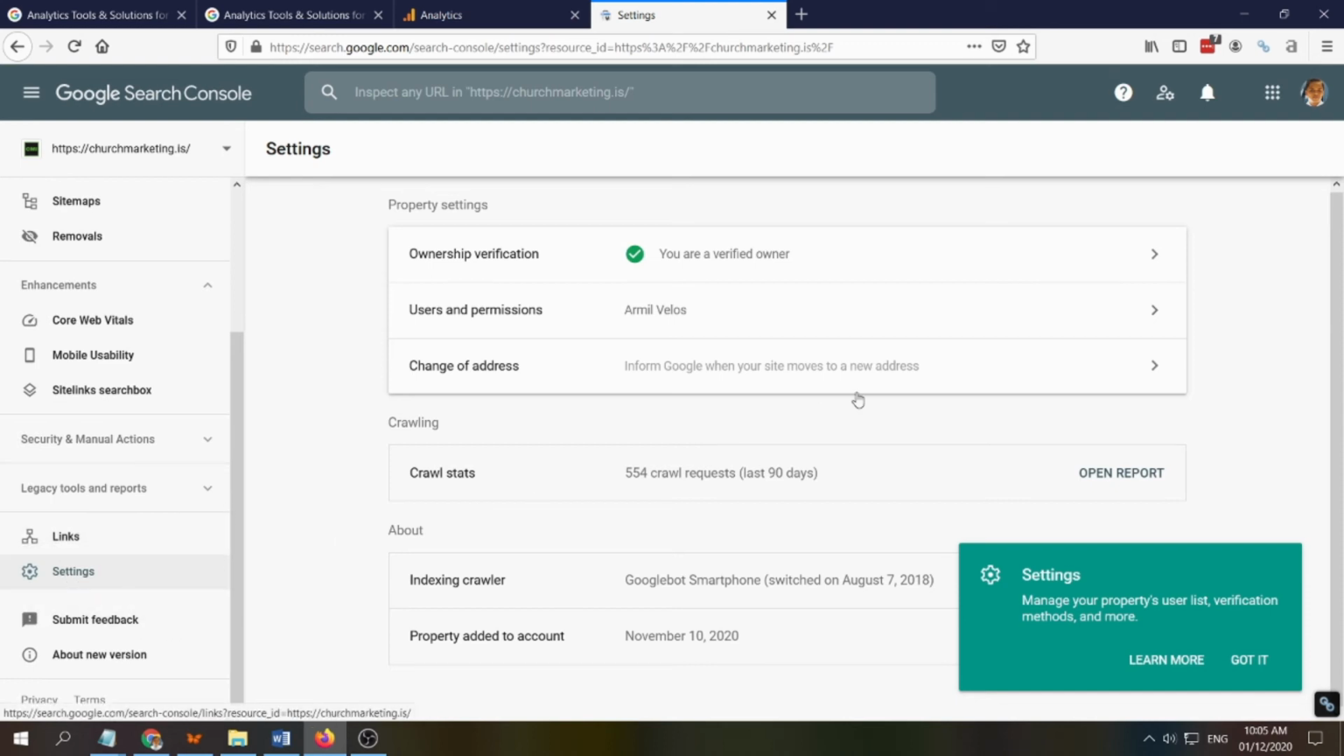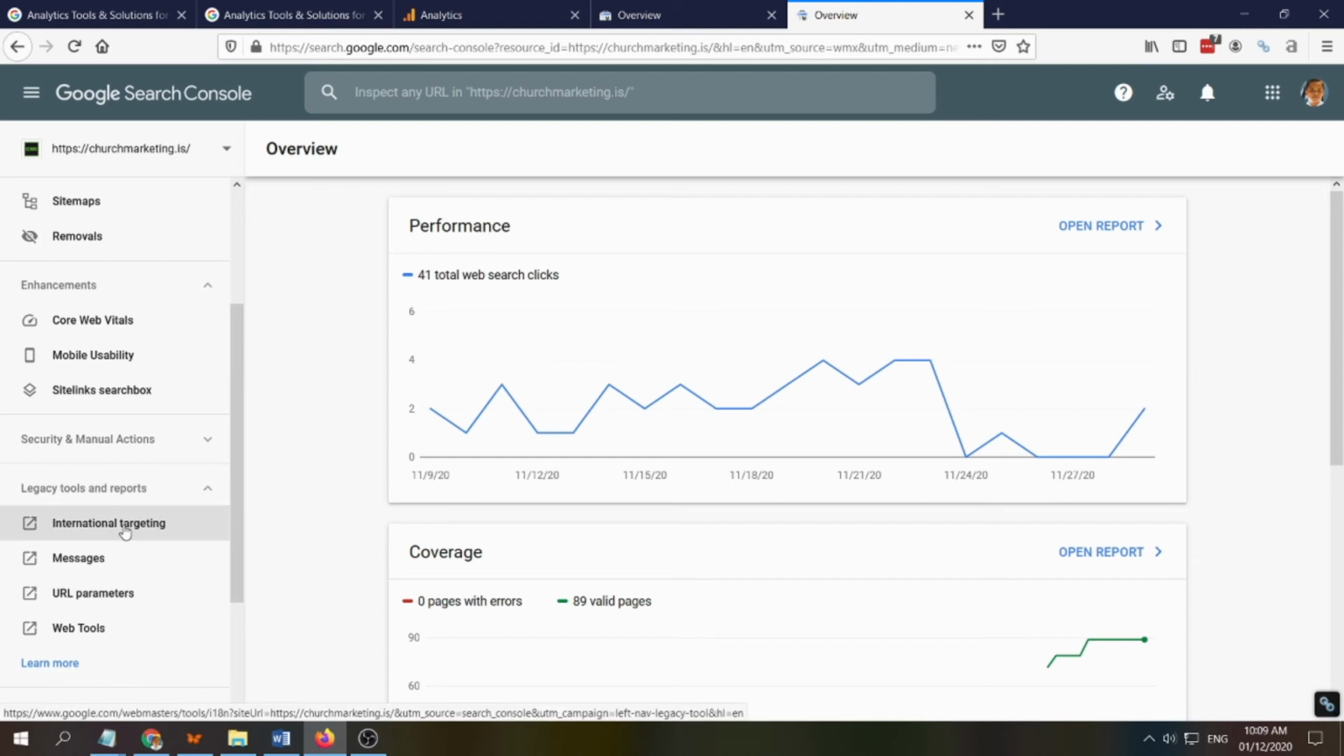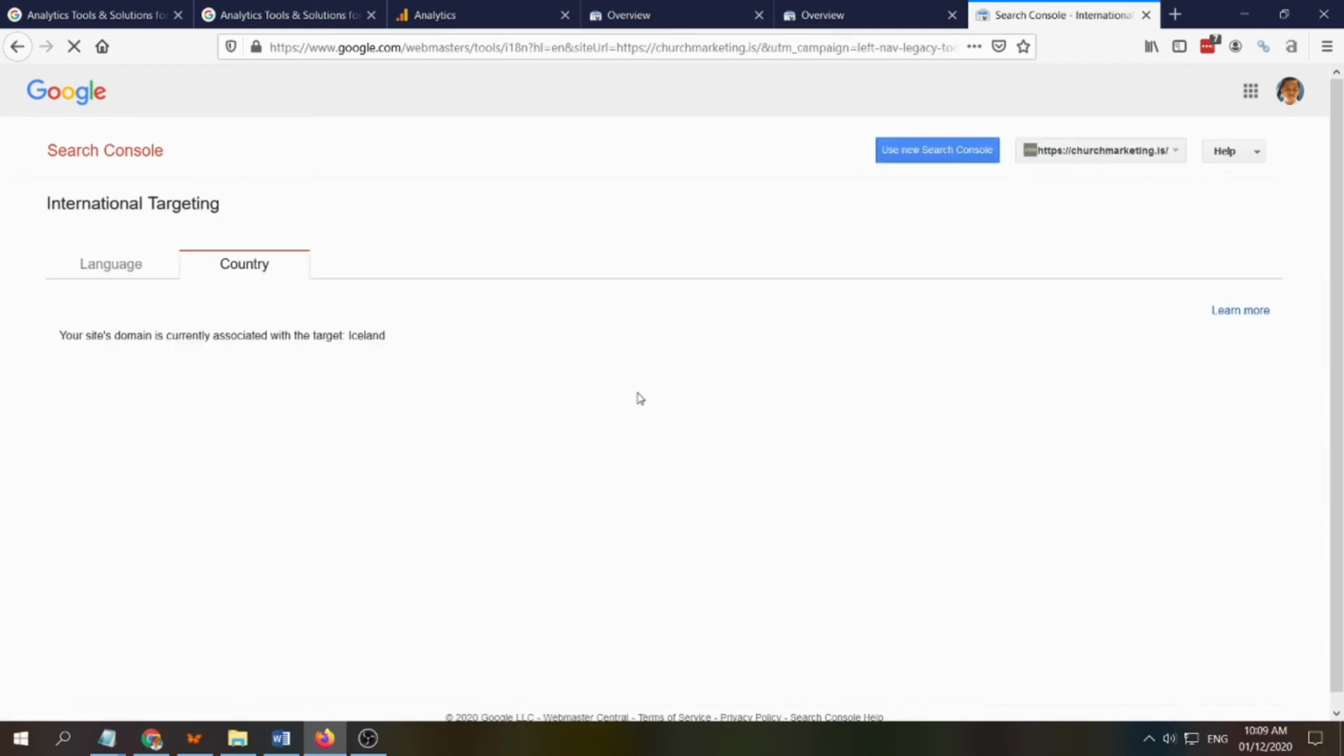the country here. Hold on. Okay, here it is, international targeting. If you are targeting Australia, then we have to add here Australia, but for this case it's Iceland. Okay, now we'll show you on how to